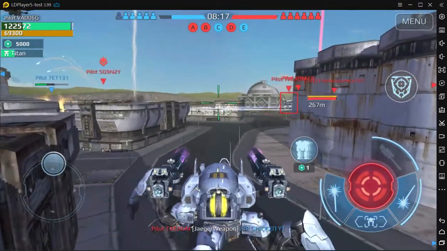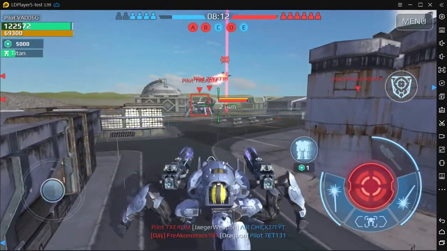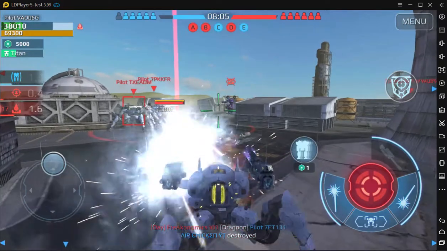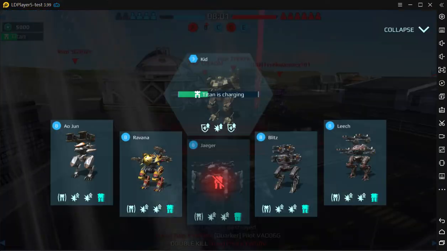The Gauss weapon is a heavy weapon, and it ignores defense points. So it has defense mitigation. I'm going to play rather aggressively here so that you can see all the robots in action. Let's move on to